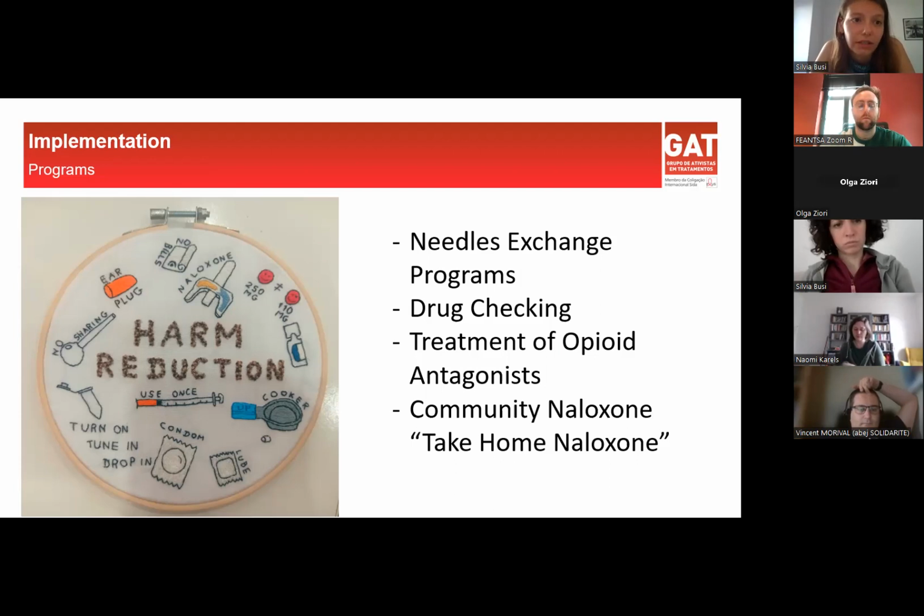It's something that is not the same in other countries, but if it's not, it's important that we advocate for it. Another tool is drug checking. This is illegal in a lot of countries in Europe, unfortunately. In Portugal it is legal, but as I said, we have to make drug checking accessible. What is drug checking? Drug checking is a way to check what is inside the drug.